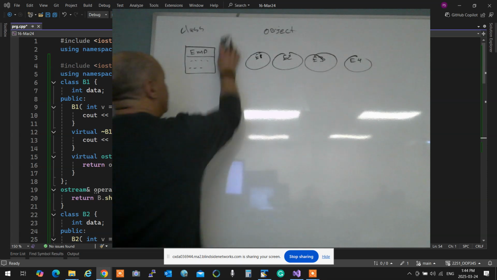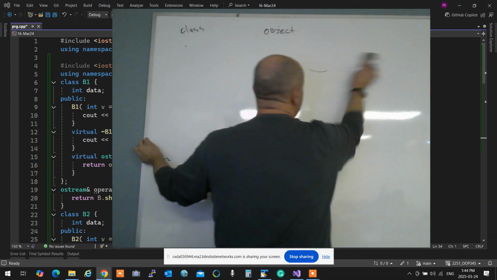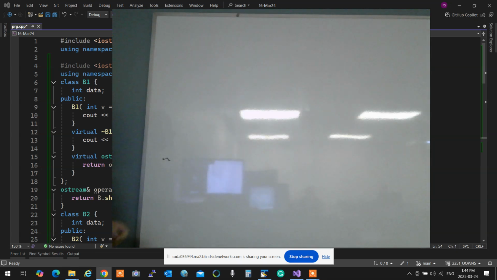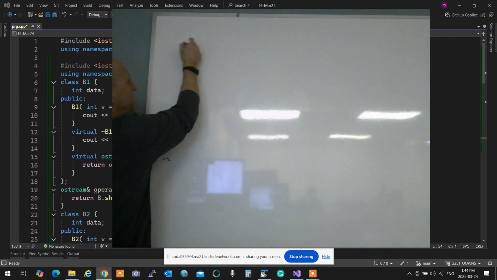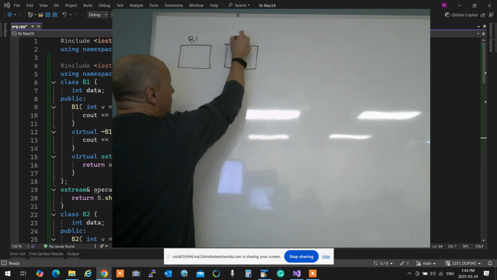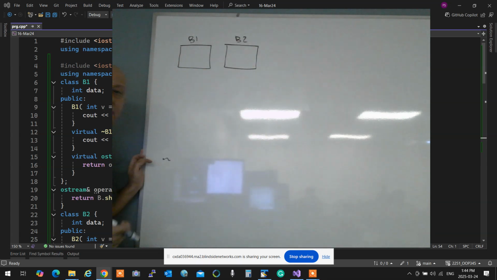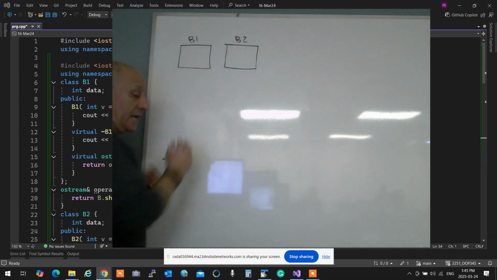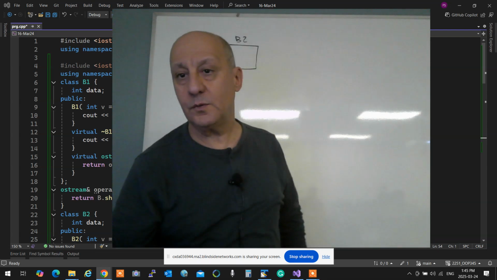Yes. All right, so I can get rid of this now. When you are doing multiple inheritance, what are we doing? We are actually having two classes. One class I call B1, and another class I call B2. So B1 and B2 are two different classes that I have in my application. Now take a look at the code over here.